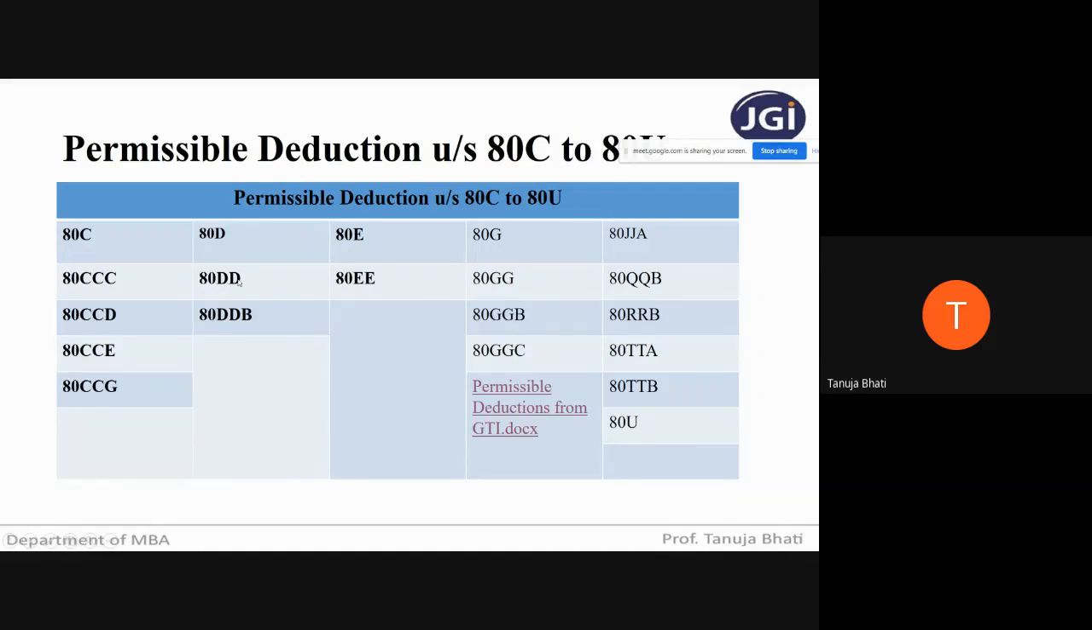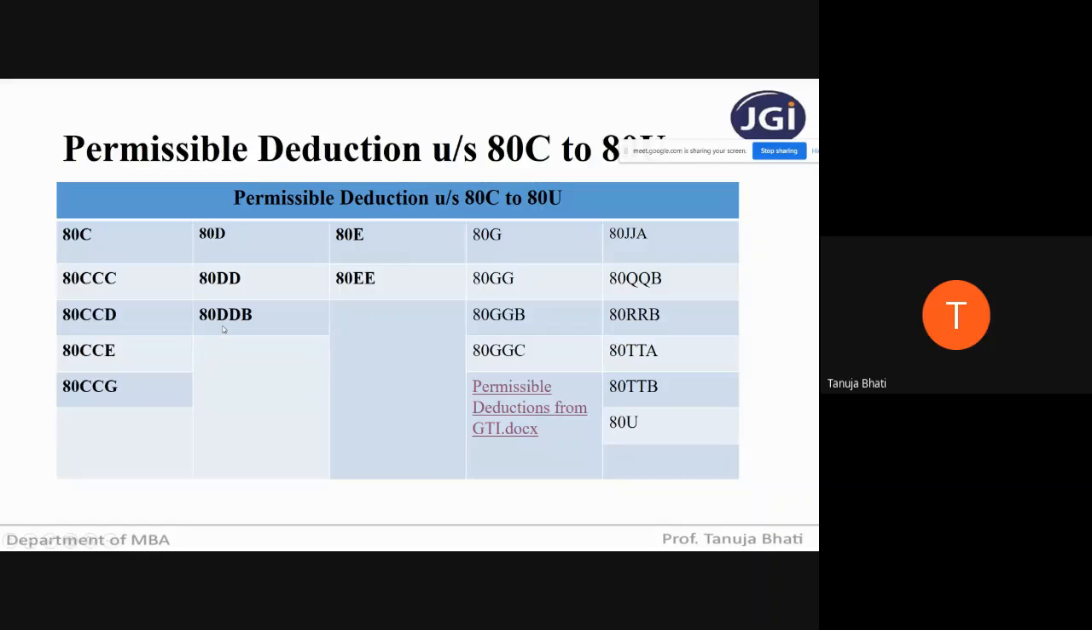80DD. DD stands for dependent disability. So when any resident individual or HUF is incurring an amount for the maintenance or medical treatment of a dependent disabled person, then he's going to get a flat deduction of 75,000, and in case of severe disability the deduction is 1,25,000. And 80DDB,